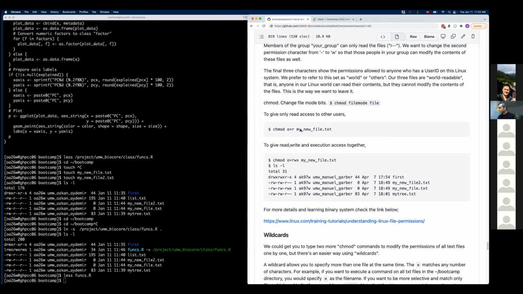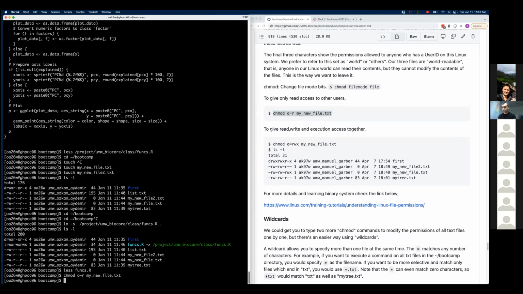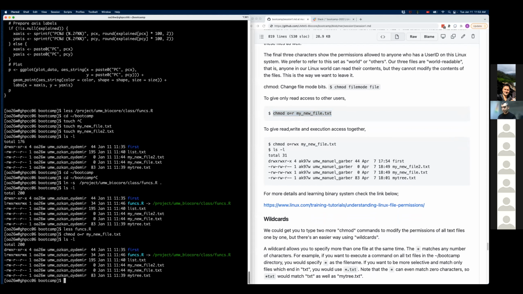So we could do this. It's not going to change anything because others already have read permission. We can just go ahead and do that. So it didn't actually change anything, right? But let's say I want to also give others write permission.